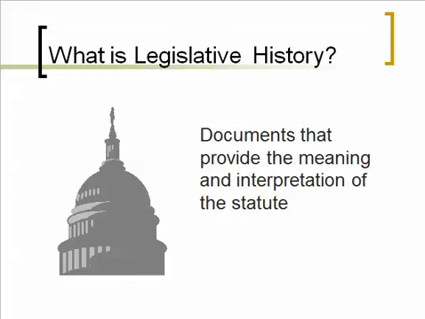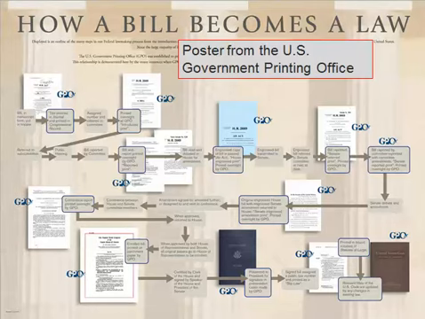A legislative history is the information embodied in any legislative documents that provides the meaning and interpretation of a statute. It can be a listing of those documents, something we call a bibliography, or it can be the actual documents themselves. In order to help you visualize where these documents get produced, I'm going to be referring to this poster